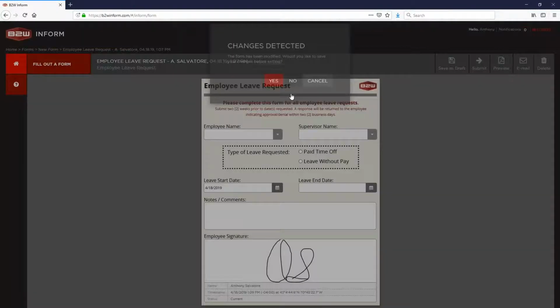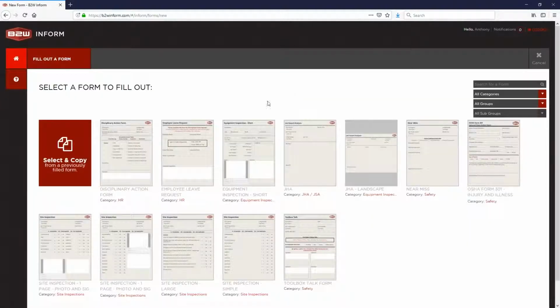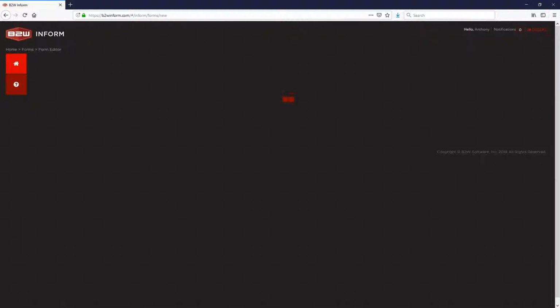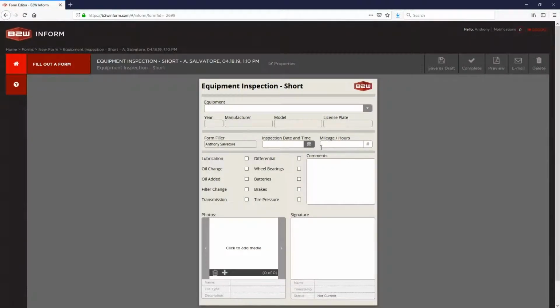I'm going to go ahead and bounce back to the master list here. And the next form that I wanted to take a closer look at was the short equipment inspection example that we're providing. One of, if not the most common use case for forms has been some type of equipment inspection document. Now, we understand that each company may perform equipment inspections in a slightly different fashion, which is case in point for using Inform and the template library as a starting point to then personalize the content for your